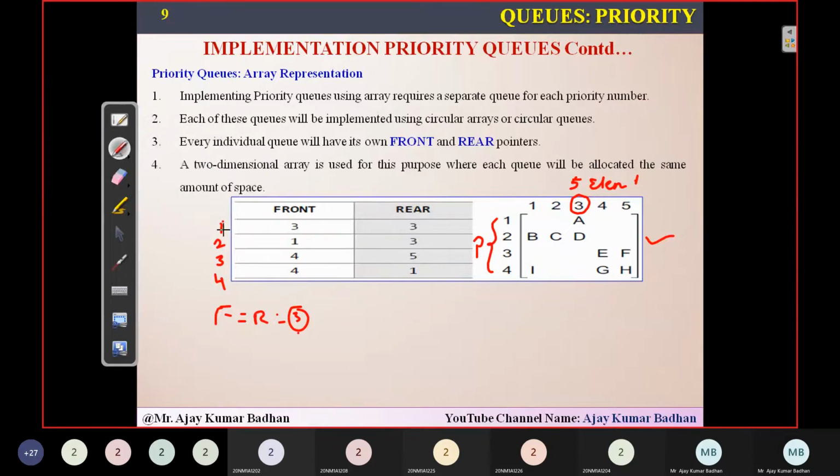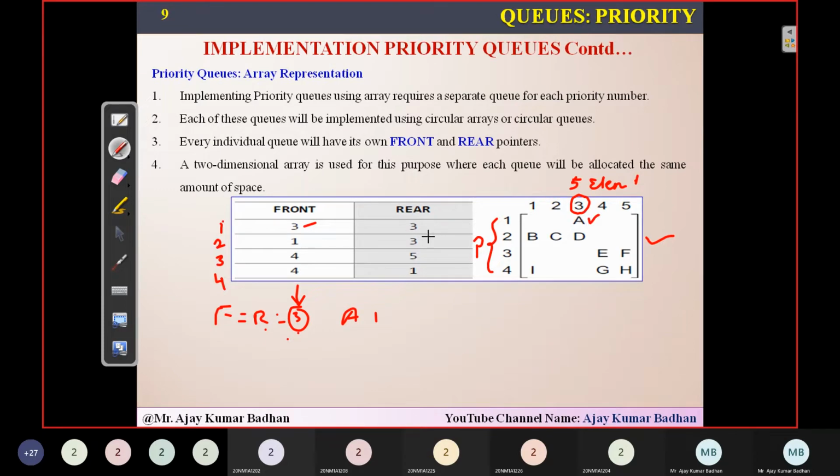So if you see the first priority, what is the front here? 3. Rear is equal to 3. Front rear equal to 3 means it is pointing at position 3. And there I wanted to insert the elements, alphabets, in the order based upon this particular table. So first, initially front and rear are pointing at one particular point called 3. So that is here. So I am inserting a value in this particular location.